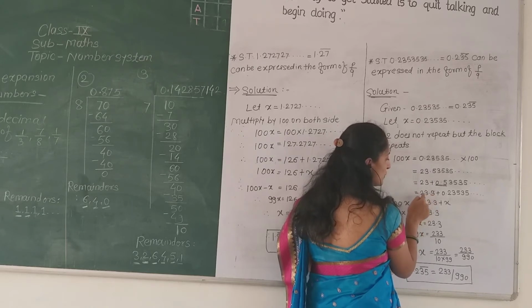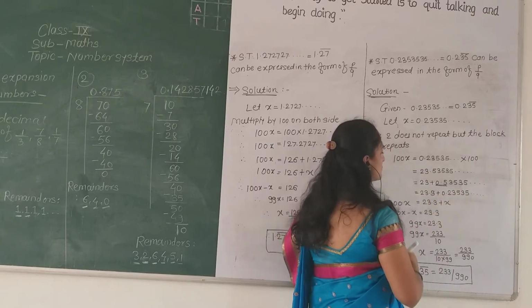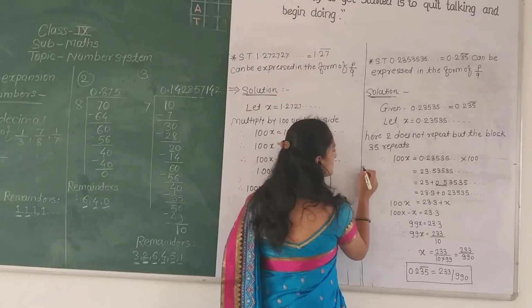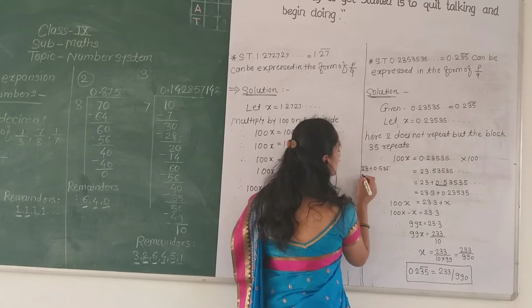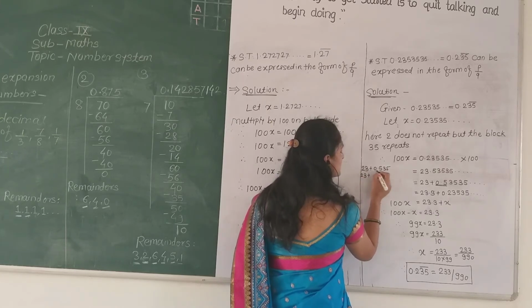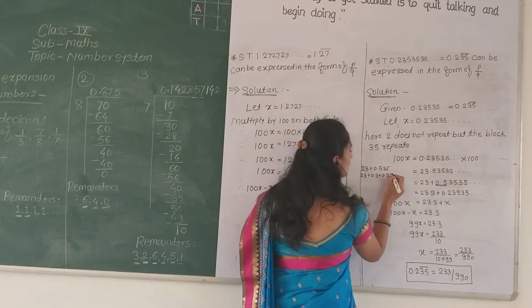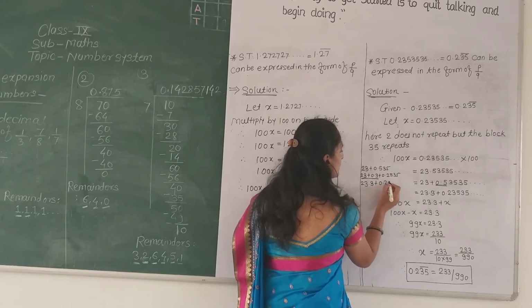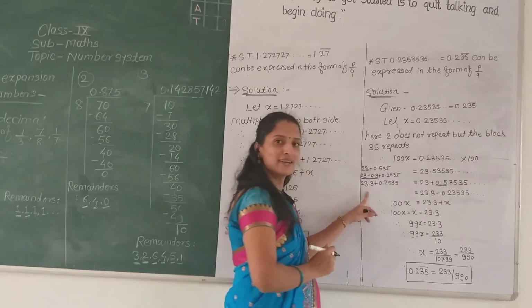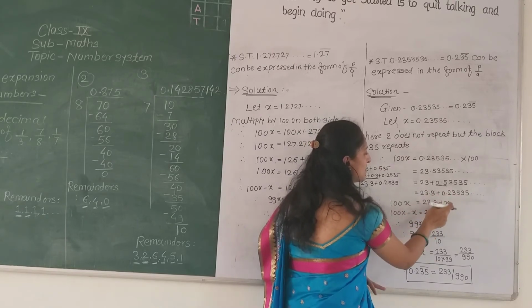23.0.3 is equal to 23.3 plus 0.23535 and so on. I will show here 23 plus 0.5353 and so on. So that 23 plus this number can be split as 0.3 plus 0.2535 and so on. So I add these two numbers, 23.3 plus 0.2535. So from this we get 23.3 plus this number. Now this number is x.